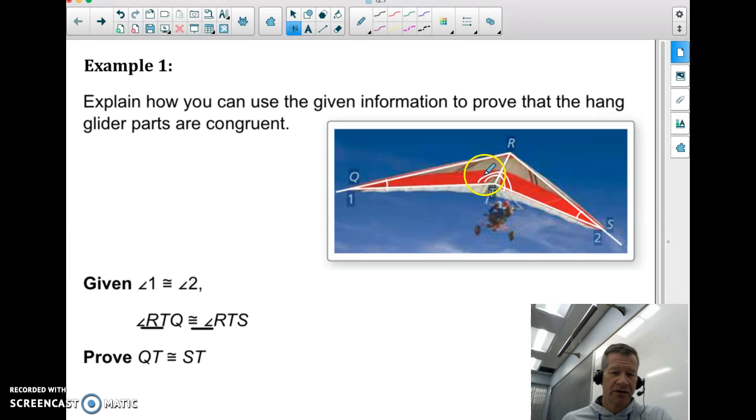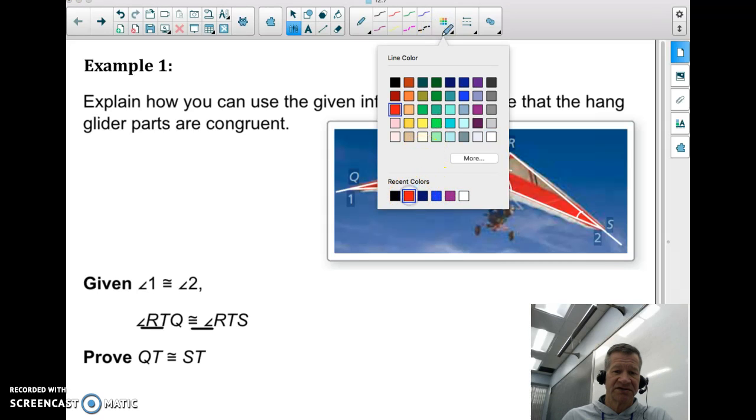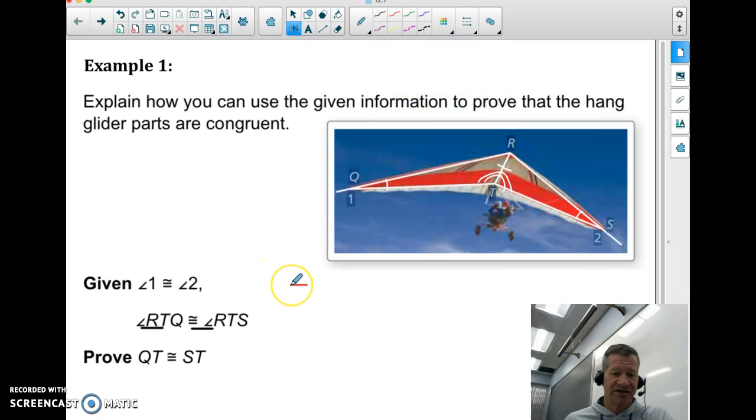Now, 2 pairs of congruent parts aren't enough. I need 3. And what I have is side RT here is part of both triangles. So what I can say first is that segment RT is congruent to itself, and we know that's by the reflexive property. We've seen that a whole bunch. And because I have those 3 things congruent, I have 2 angles and a side, and the side is not included. So that's called angle-angle-side congruence, and that proves that triangle QTR